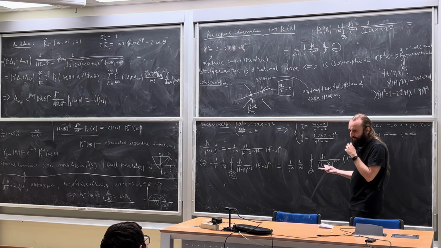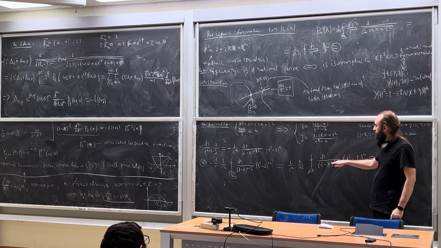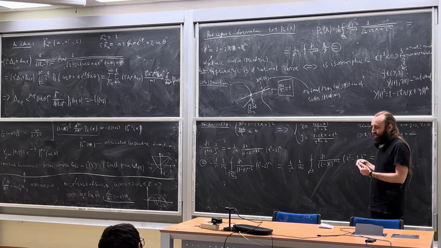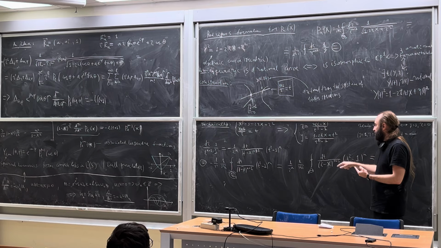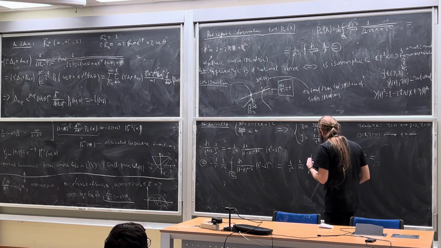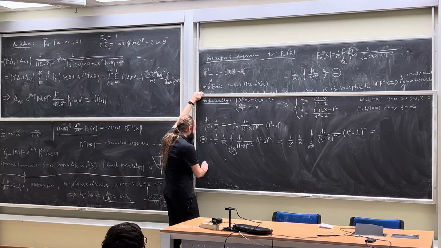You simply need to remember that to compute the residue of a function, you need to find its coefficient in front of 1 over t minus x in the expansion around this point, so in the expansion in powers of t minus x. So to do this, let us consider the general case. Let us consider the integral 1 over 2 pi i